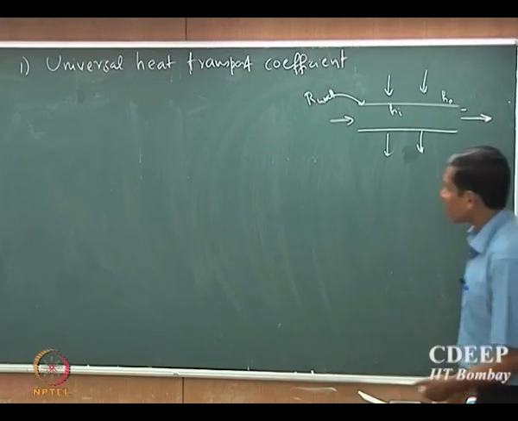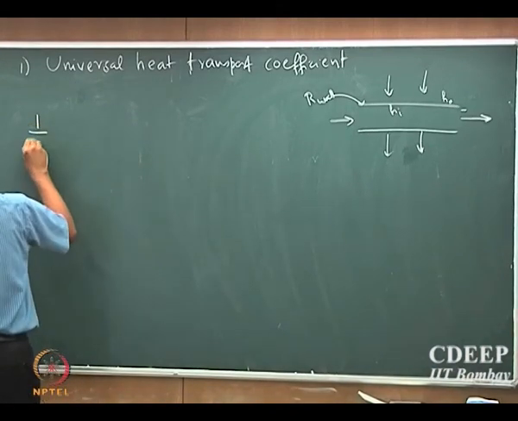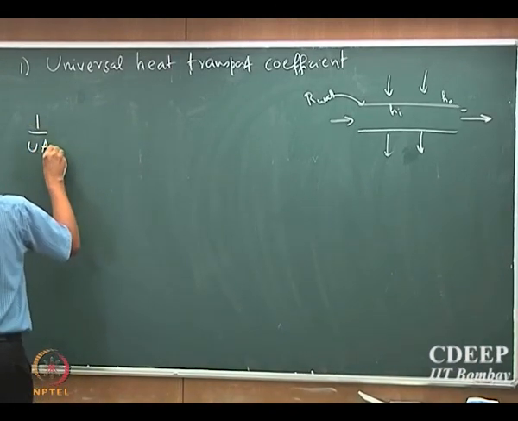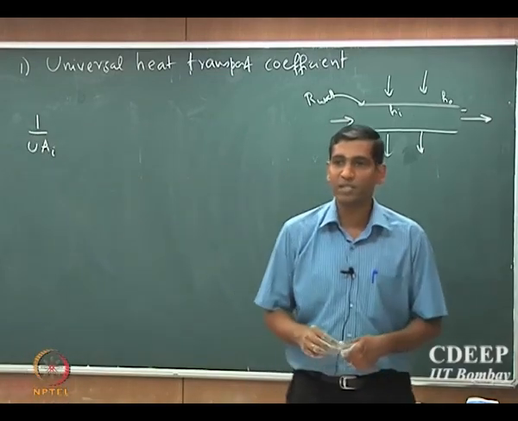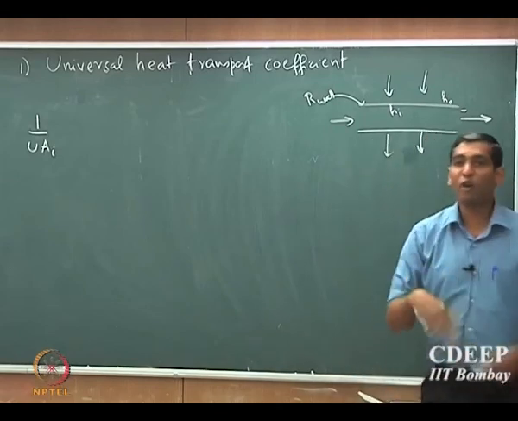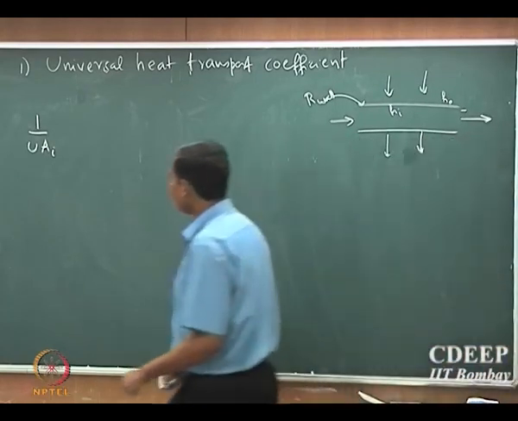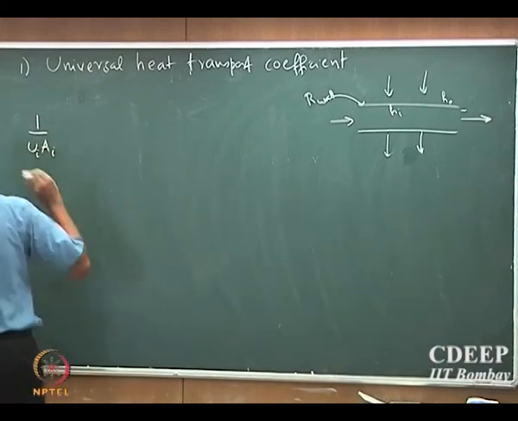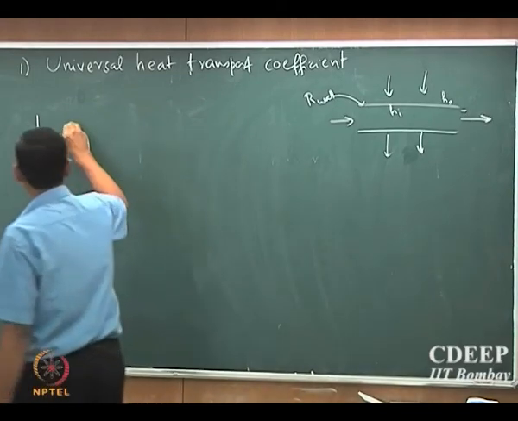So, I can always define the heat transport coefficient 1 by UA. Now you have to distinguish between the inside and the outside surface area of heat transport. So, 1 by U inside, defined based on the inside surface area, should be equal to,